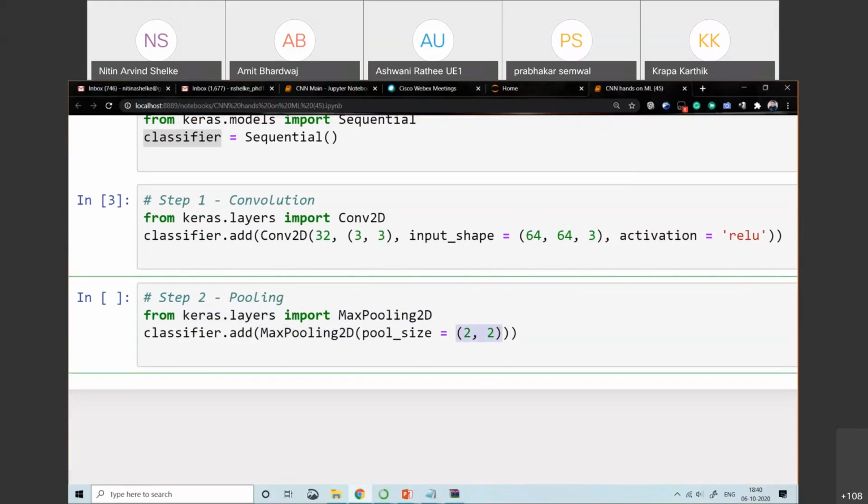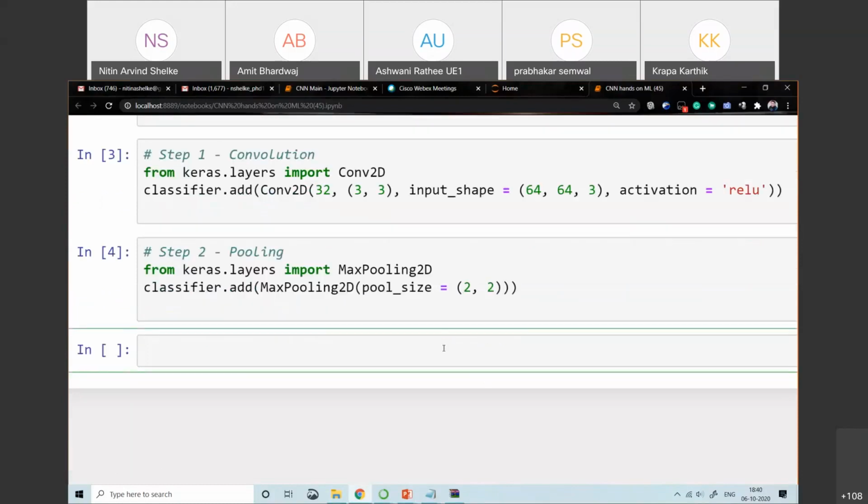So it is 2 by 2 max pooling. Let me execute this one.